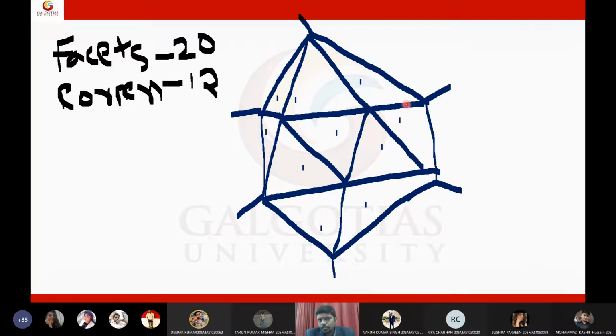Then you will connect the corners of this hexagon to make an icosahedron. So the idea of icosahedron is this icosahedron. By the way, one important point here: